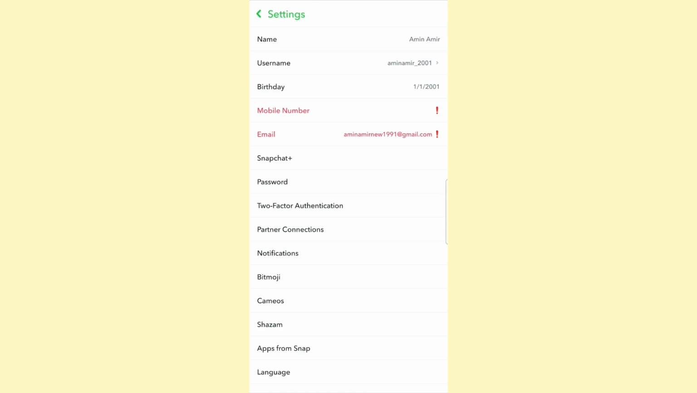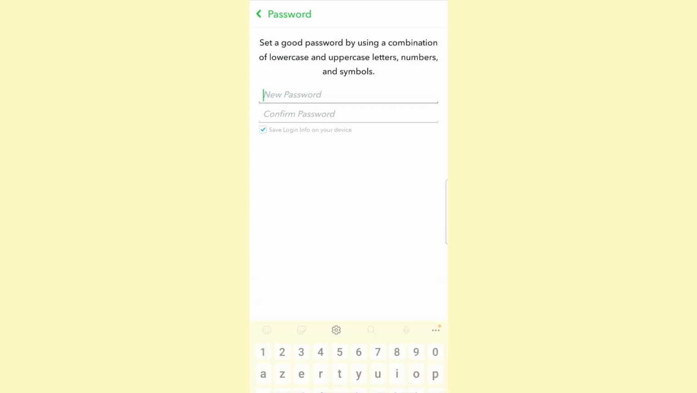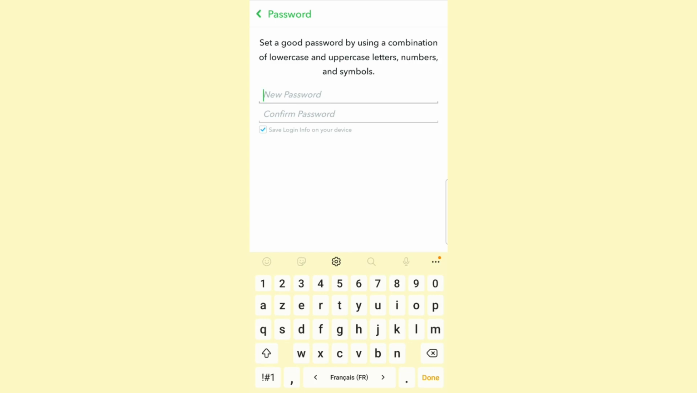Once you're here, click on password, and here it tells you that to set a new password you need to enter your current one first, so go ahead and do that. Once you're done, click on continue to move on to the next step, and here you will be able to